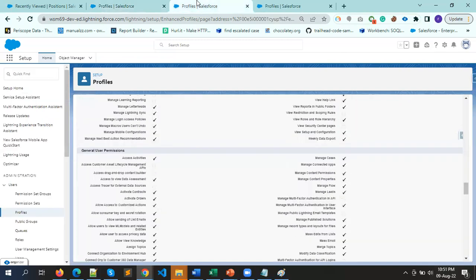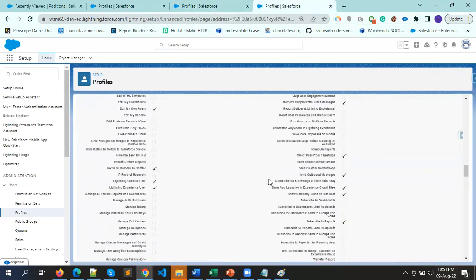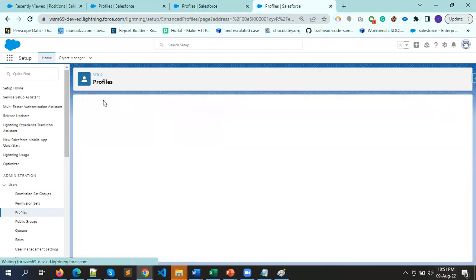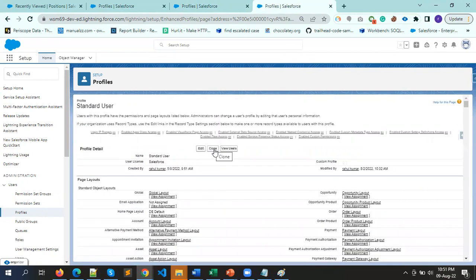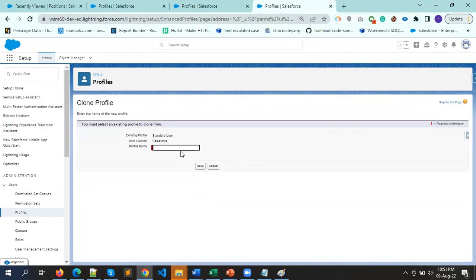Another way is that you go into that profile. I'm going into standard user, and in standard user you will get one button here as clone. You can click on clone, and it will take you to the same screen, where your existing profile is standard user and the user license is Salesforce. But the difference is that last time you had the option to select your existing profile, but now